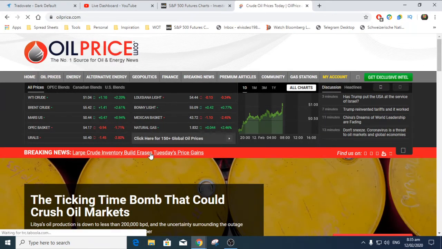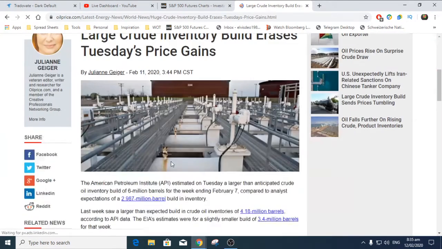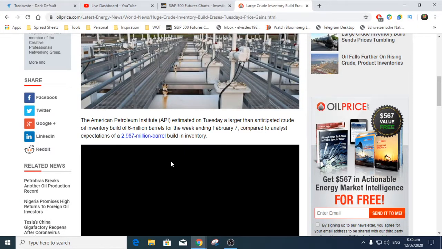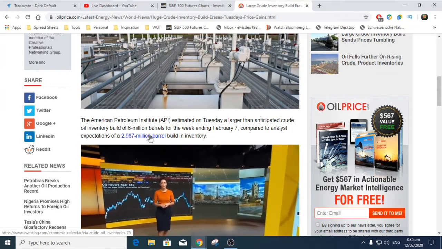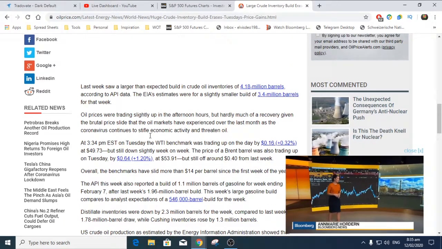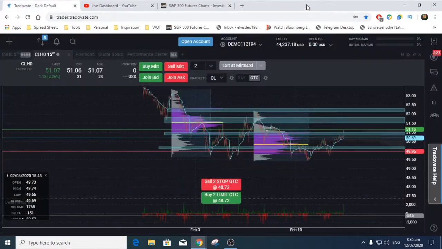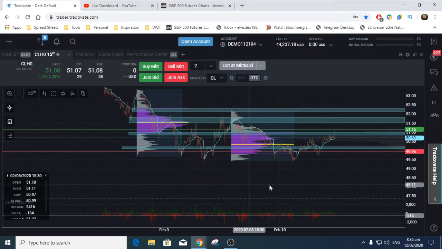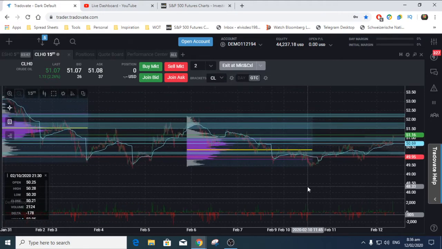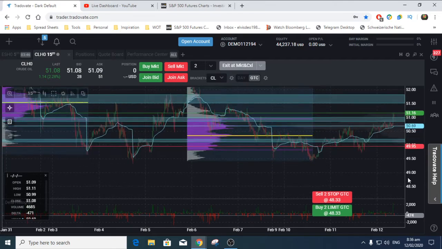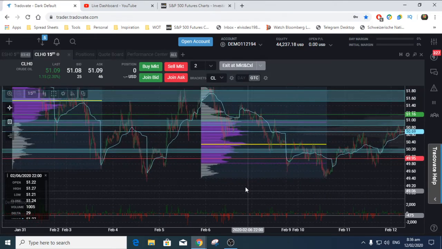Right, so you can see the build looking like from the API, looking like a bigger build than expected, looking like 6 million according to the API instead of 3 million. So if you look to fade the news or just prior to news, probably might be fading right here at 55, this 55 area here, looking for 50 to 55 area. We're looking at that nodal value, and we know where our stops would have to be, looking at tighter stops this morning just to prevent being too aggressive in the market.